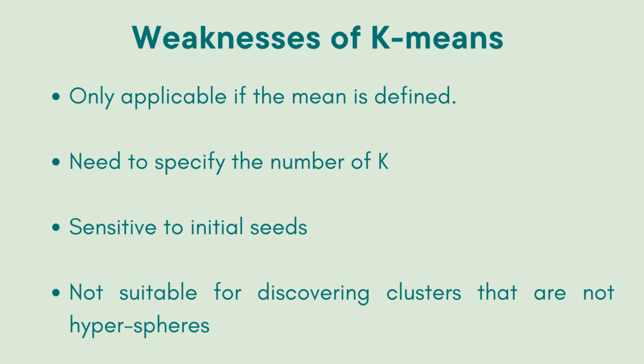For the weaknesses, k-means algorithm is only applicable if the mean is defined. Next, the k-means algorithm needs to specify the number of k first, which may not be easy to determine for some dataset. Moreover, k-means algorithm is sensitive to initial seeds because the different initial value may lead to different results. Last, k-means algorithm is not suitable for discovering clusters that are not hypersphere because it can lead to poor end